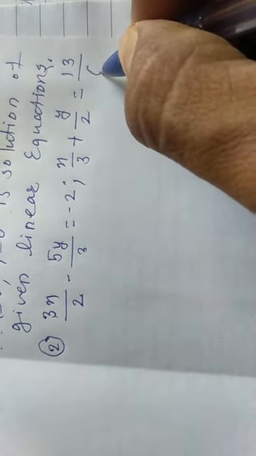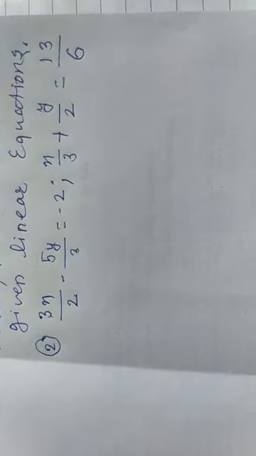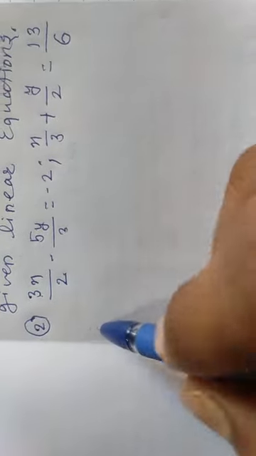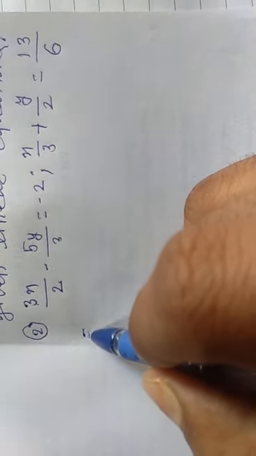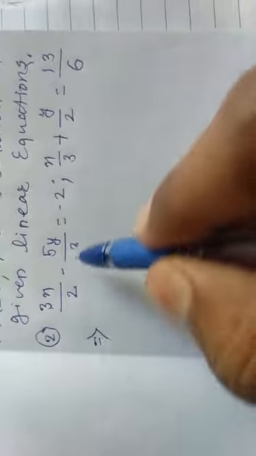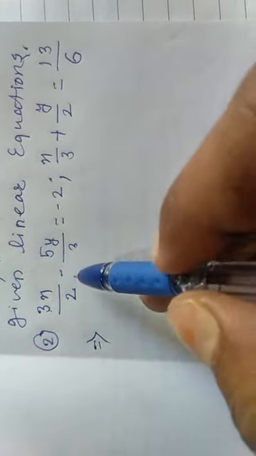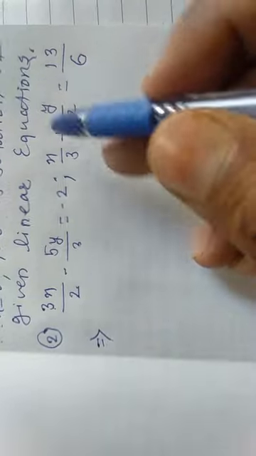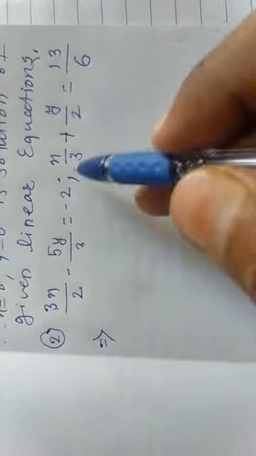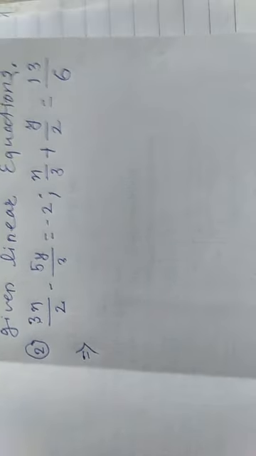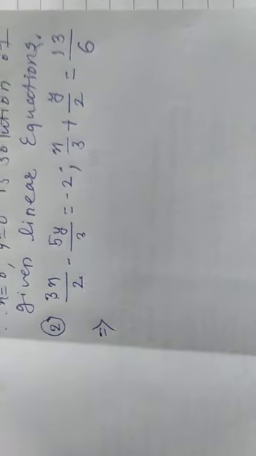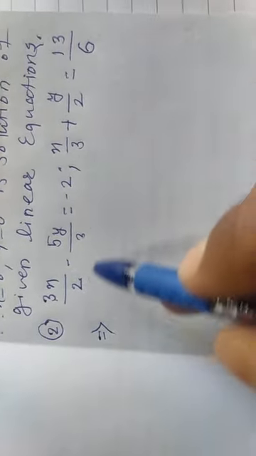This is the last example from that exercise, the same exercise. I have taken this example for practice purposes, so that you will not get confused while solving the examples. Now here these two equations are there. First of all, I will convert the given equations into a simple, standard form. Then we will convert this in terms of one of the variables, and that is nothing but the substitution method.